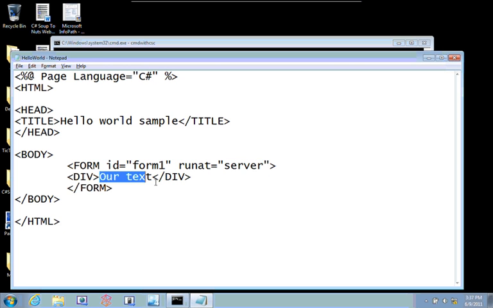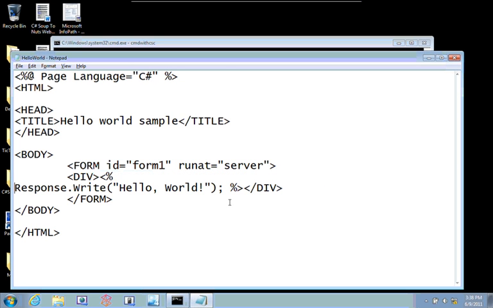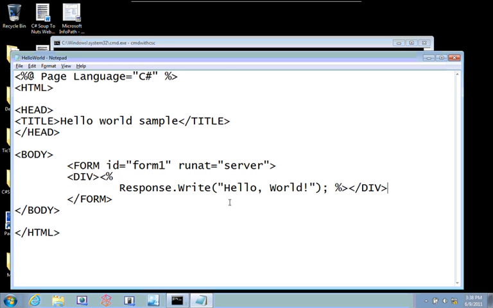Now the only other thing that we want to do here is simply return the response hello world. Again, we're going to have our code within our brackets, and we're going to simply tell the web server, hey, we would like you to respond using the response object, response.WriteLine, similar to the console that I did. Hello world, and with a semicolon. So you can see here, this line of code by itself is pure C#, and it's embedded in this percent bracket,